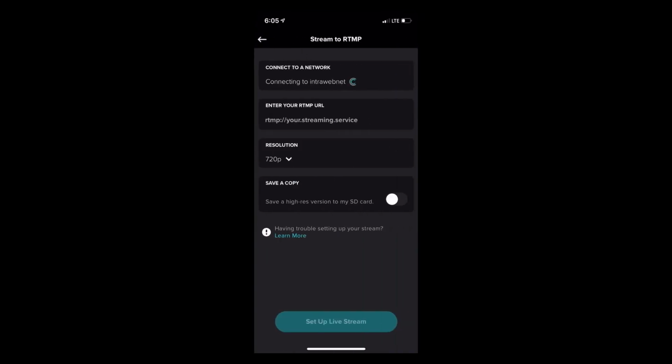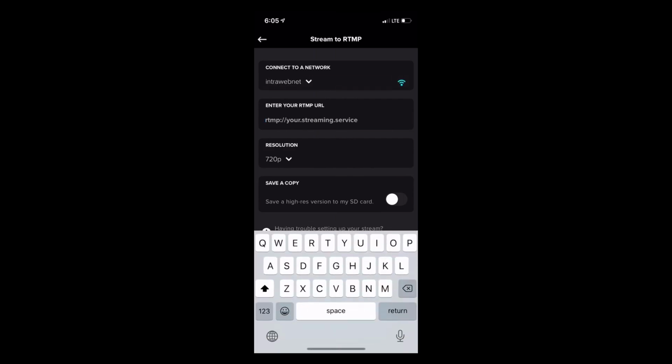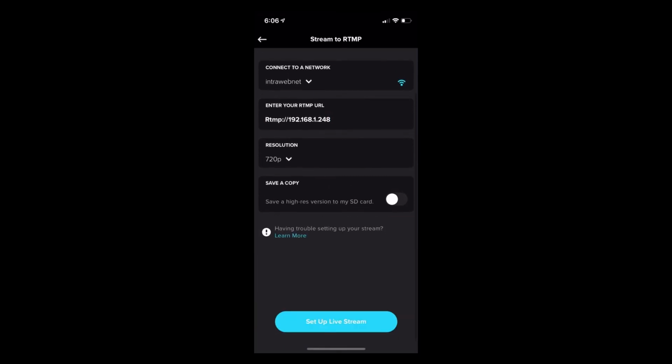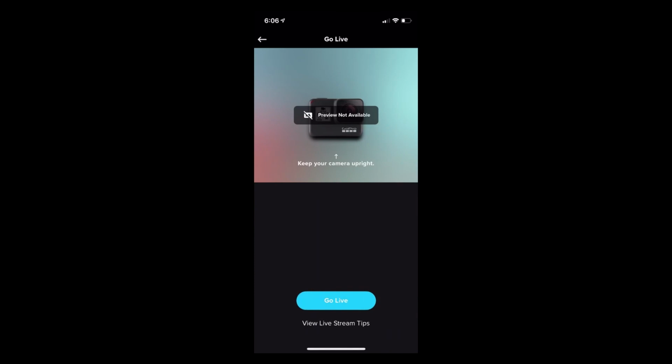Now, in the enter your RTMP URL box, we're going to type that IP number we looked up earlier, that your computer is actually on to the network, which for my computer is 192.168.1.248. And then if I just hit Setup Live Stream and then go live,